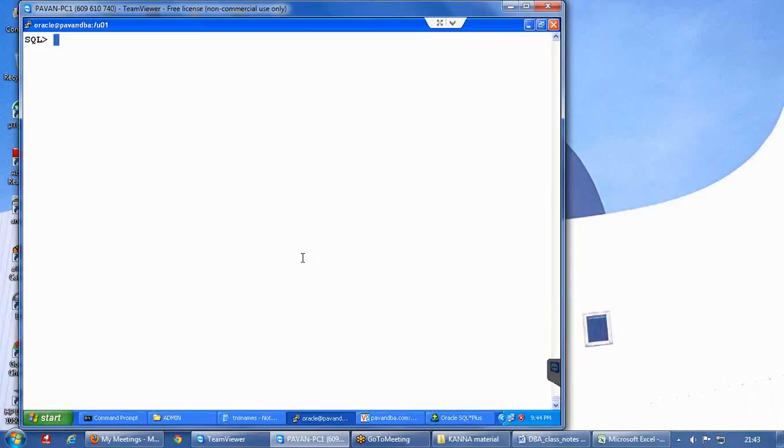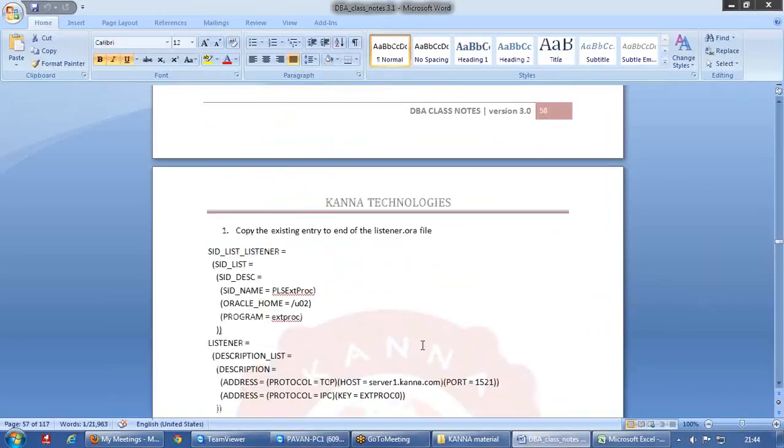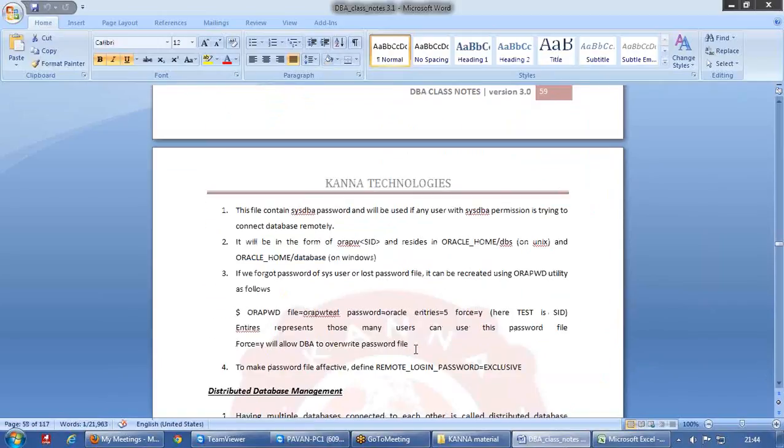So is that fine? Okay, so that is how we have the connectivity part.